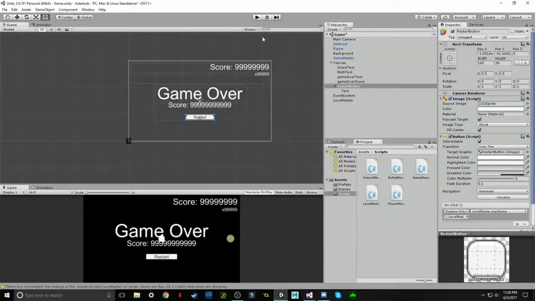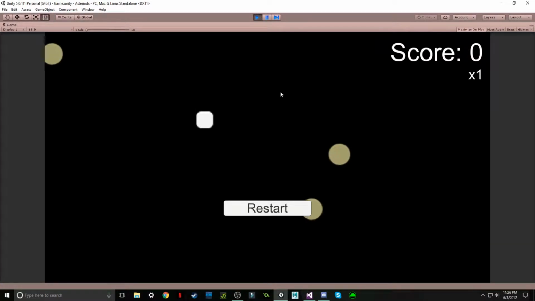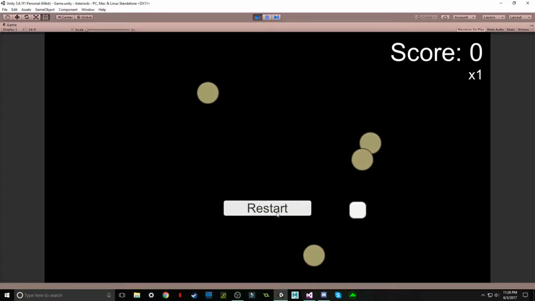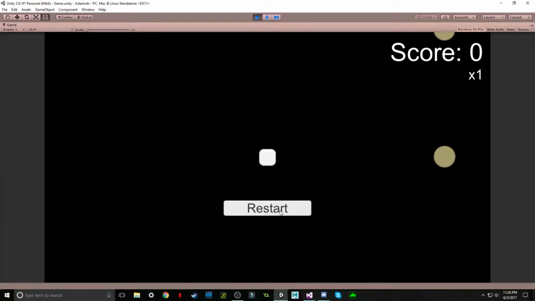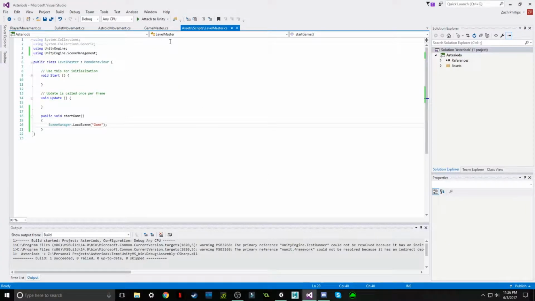So if we play the game, what's going to happen is the button is still there. We can highlight and such, but if we click on it, the game restarts, just like that. Even if we get some score, the game completely restarts, and that's what we want. The problem is we don't want that button to be there the entire game. We only want that to show up when the game is over. So we're going to go to our game master script,